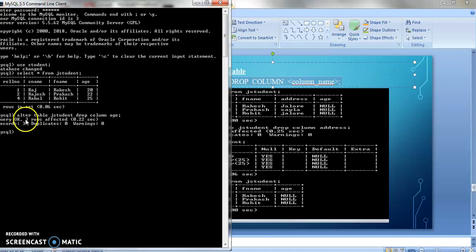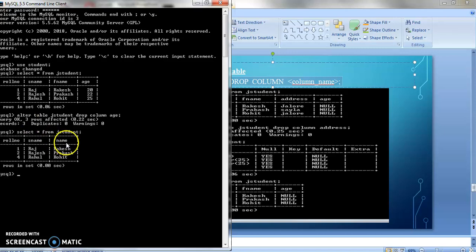You can see query okay. Now I have to see whether this column is deleted or not. So I will write select star from the table name, JStudent. You can see the column has been dropped, that is age.